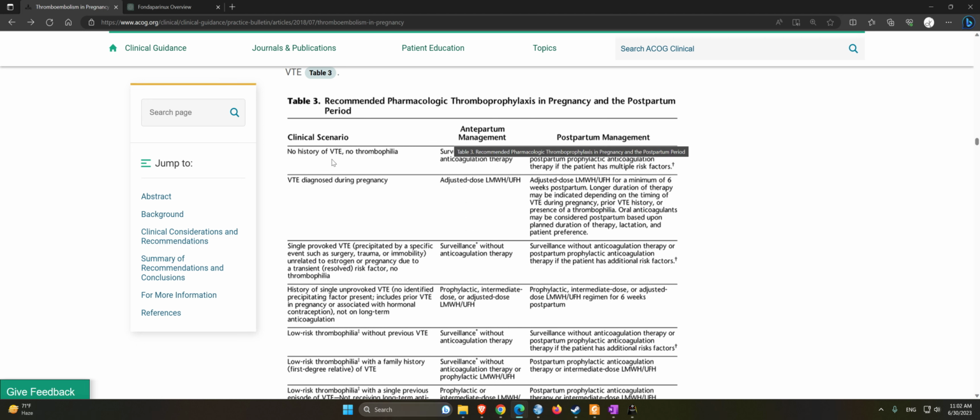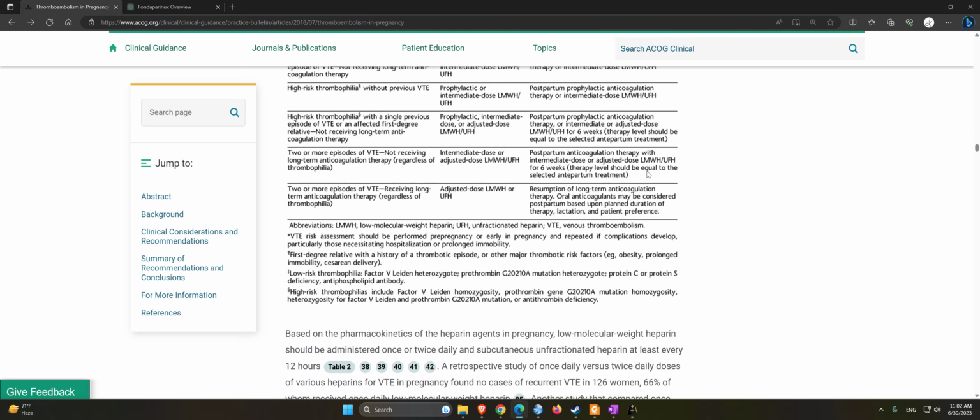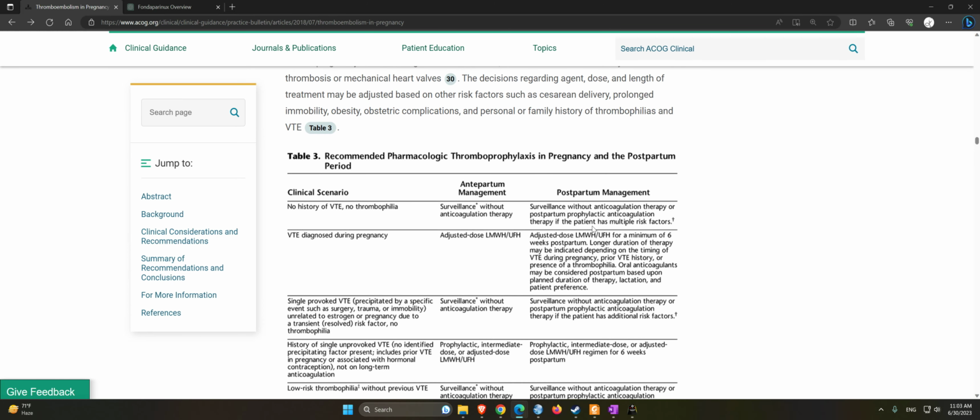So if you have no history of VTE and no thrombophilia, obviously there is no need for anticoagulation during antepartum. Postpartum, we can consider prophylactic anticoagulation if the patient has multiple risk factors, such as first-degree relatives with a history of thrombotic events or other major thrombotic factors such as obesity, prolonged immobility, and C-section. So if the patient has a C-section and she is obese, she meets this criteria, and you should give them anticoagulation